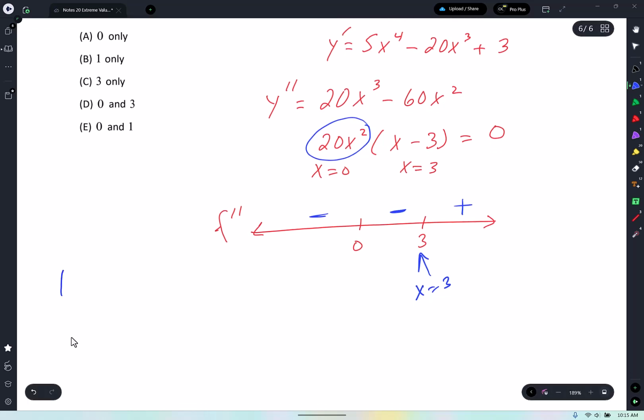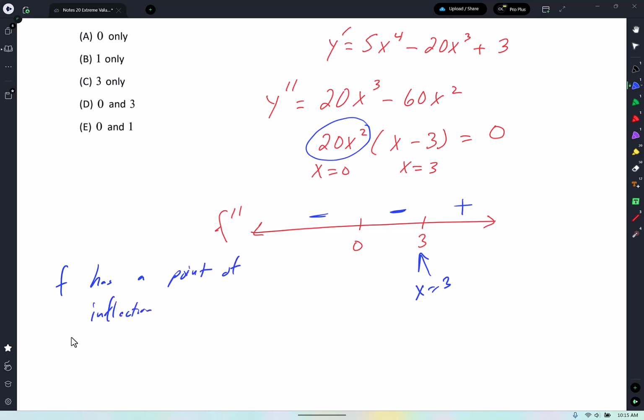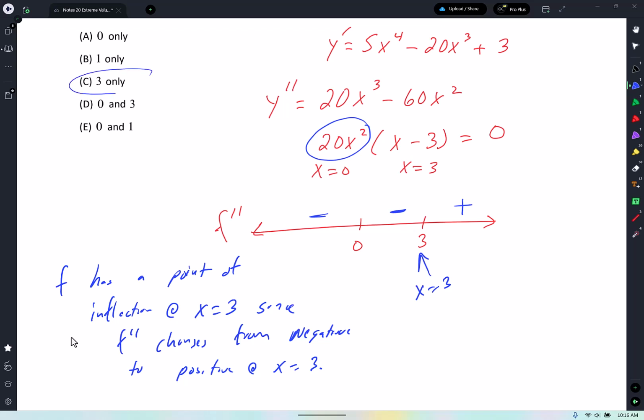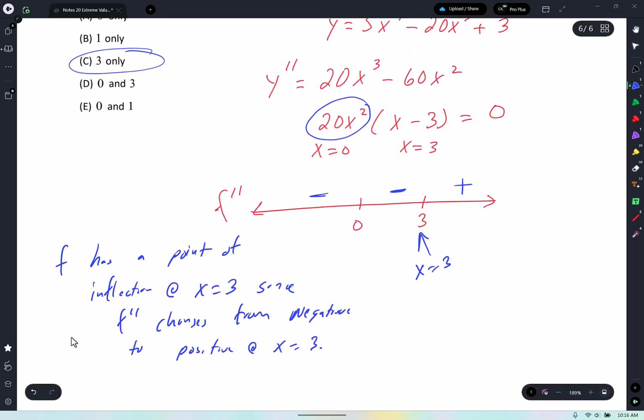I'm going to write f has a point of inflection at x equals 3 since f prime prime changes from negative to positive at x equals 3. Cool or not cool? Yeah, there it is, guys. So, bam. Okay. If you weren't here,